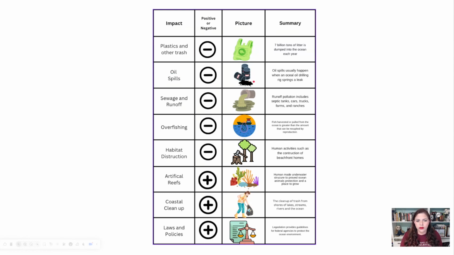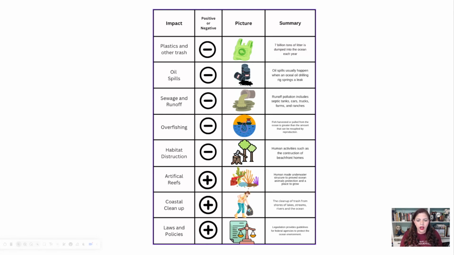Oil spills is also pollution. Sewage and runoff is pollution. And then we have overfishing, right? When we fish too much and we take adult breeding fish out of the population. And then also habitat destruction. This is the best picture that I could find. But also, you know, this is going to be near the ocean, right, on the beach,